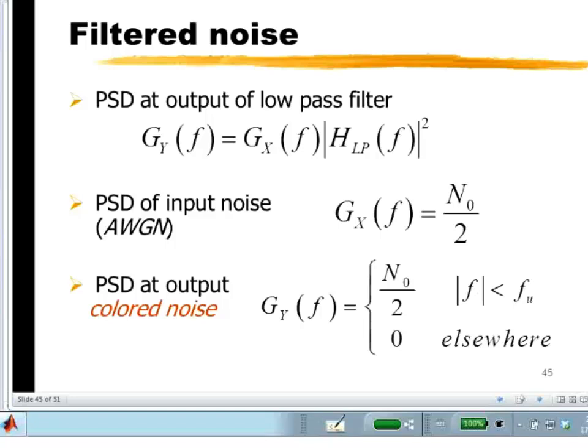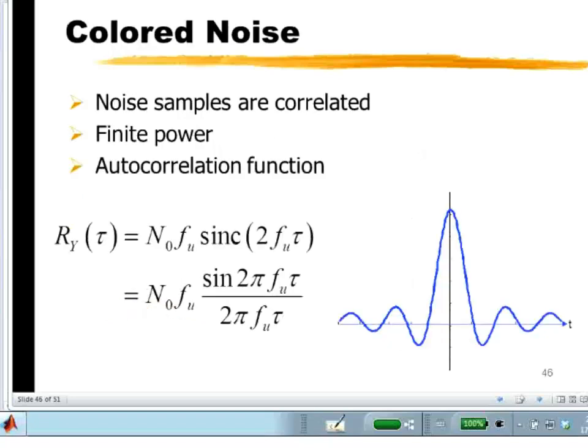Suppose we filter it with an ideal low-pass filter, for instance. Now the power spectral density is a rectangle instead of being flat over all frequencies, and this means that we create colored noise, which means that the noise samples are not necessarily independent from one another, which complicates any simulation greatly. However, it doesn't really, because